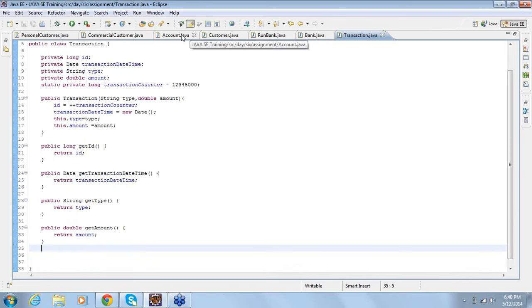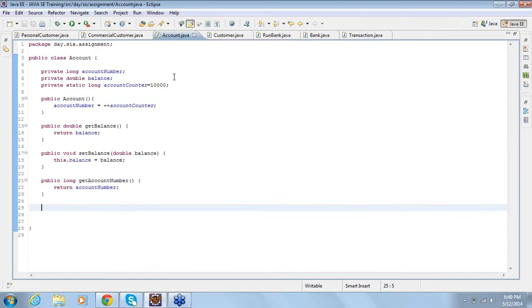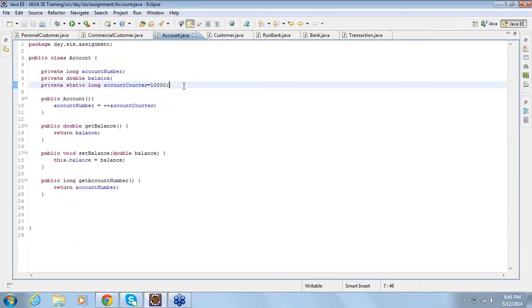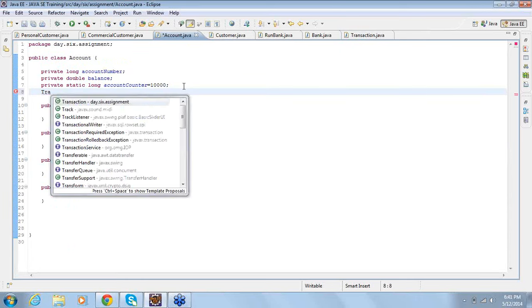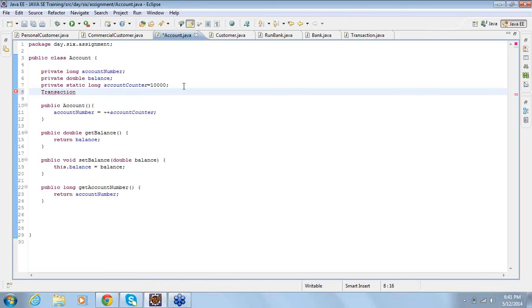Now, let's go to the account.java and what do we do here? Let's declare a transaction array. Now, the number of transactions the customer performed, there is no limit on it. But since array size needs to be specified, I am specifying the size as 1000.